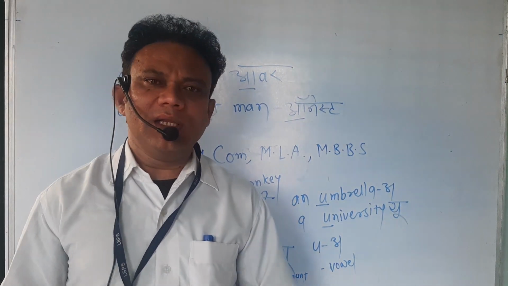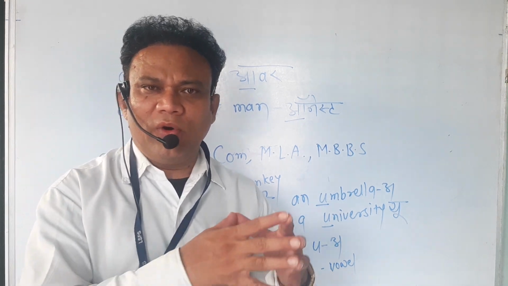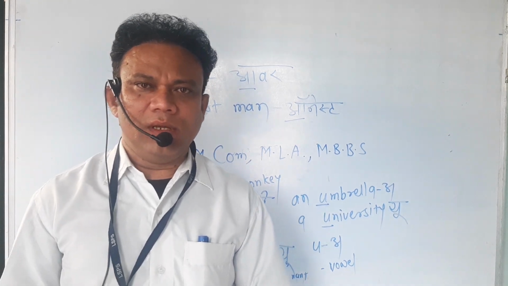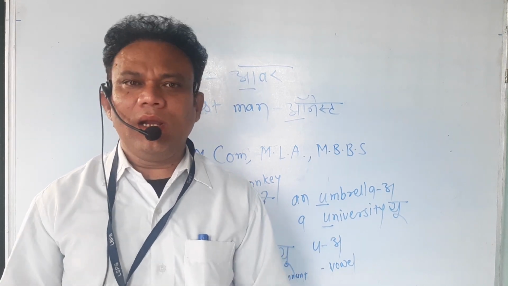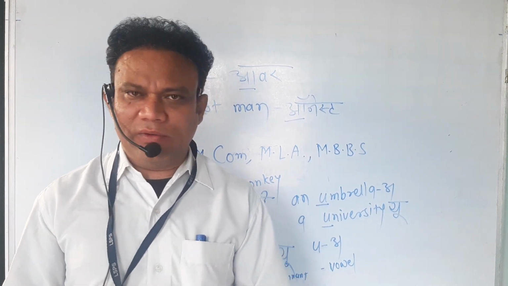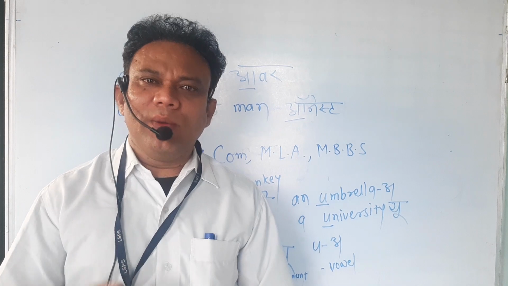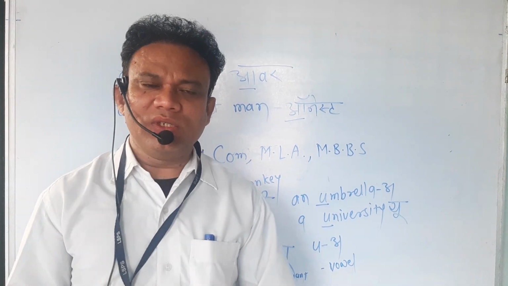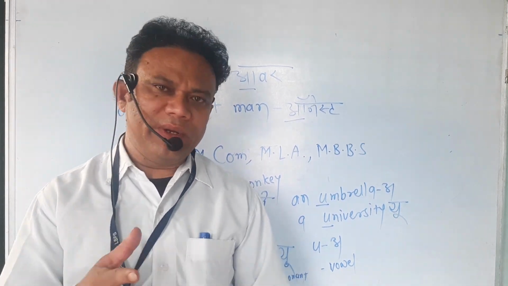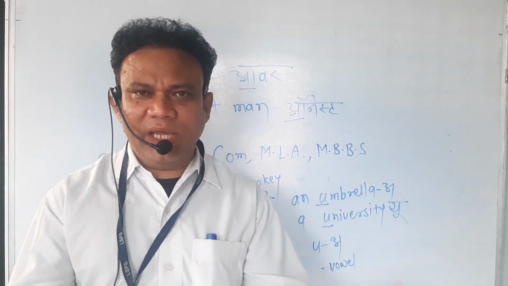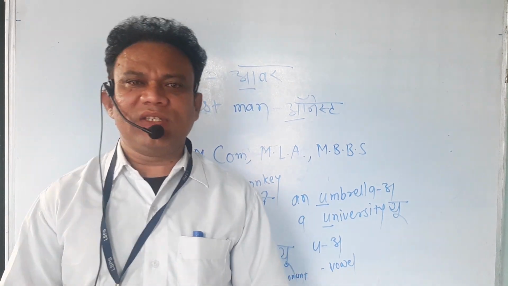One more rule of article the is that if a common noun is used to represent a group of things or animals, then before such words we have to use the article the. For example, the rose is a beautiful flower. Is it that only one rose is beautiful? No. All the roses are beautiful. So here by mentioning one rose, actually we are representing all the roses. So when a common noun is used to represent the entire group of things or animals, then we have to use the article the. So sentences will be like this.